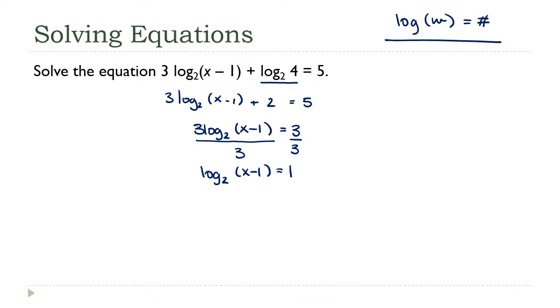Now I'm going to use the definition of a logarithm to convert this to an exponential version. To do that, the base stays the same, so the base of the logarithm is 2. The base of the exponential version will be 2. And the 1 and the x minus 1 switch sides. So the 1 comes over here and becomes an exponent. The x minus 1 goes over here. And there you go, we're there. Let's add 1 to both sides, and we get x equals 3. And that's my